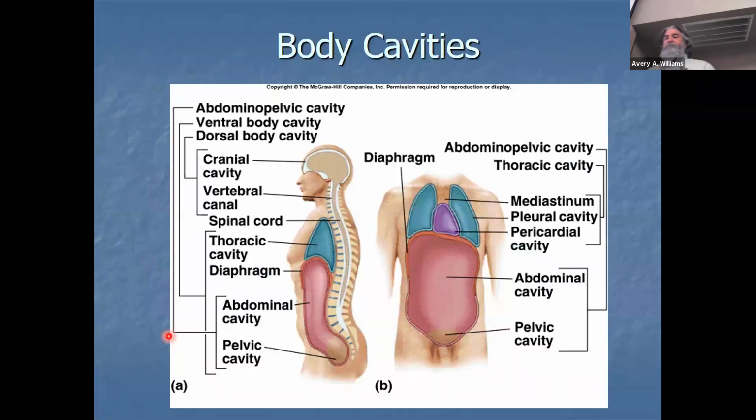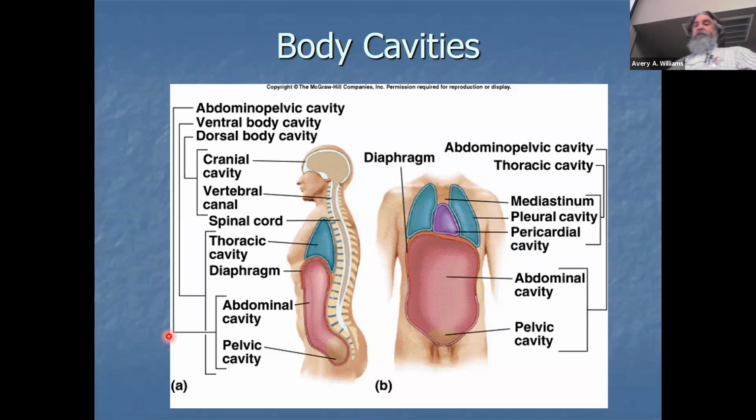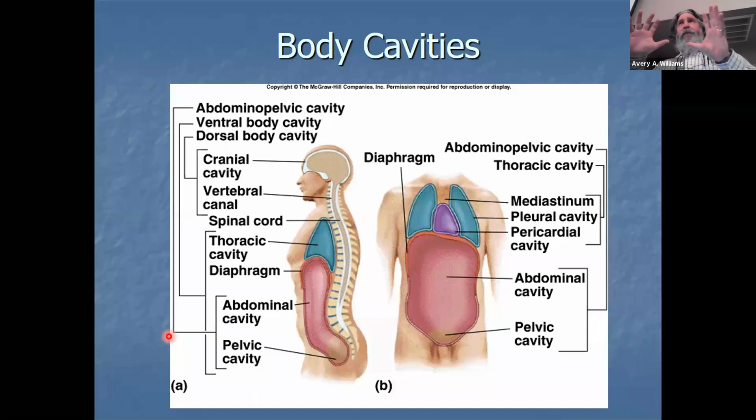Now, body cavities. We identify these because you have actual physical structures that serve as spaces for your organs, right? And so they're all broken down into categories and subcategories. For example,